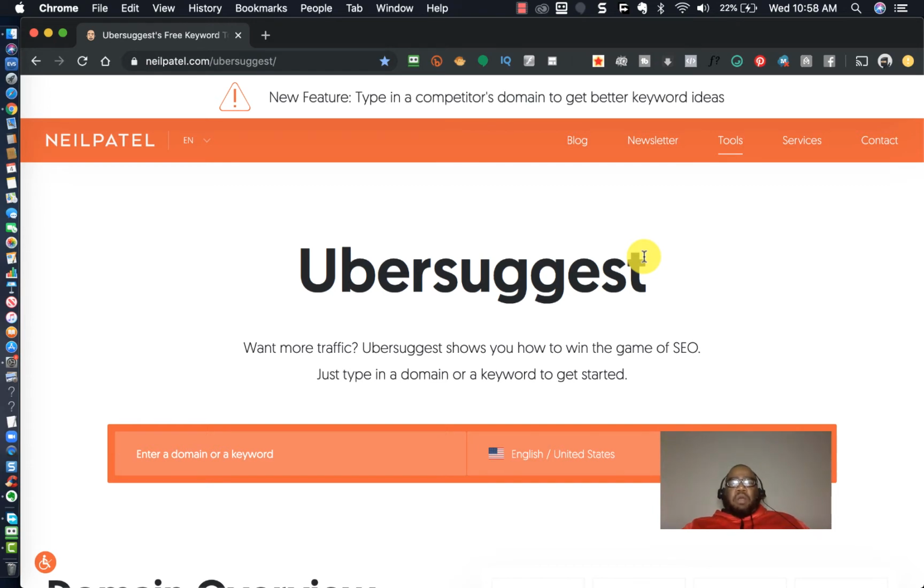Okay, and you can also use the Google Keyword Planner, but if you don't have your billing information set up with the Google Keyword Planner, it no longer allows outsiders to use the Google keyword tool to do basically what you're going to do with this tool right here. All right. So the tool is called Uber Suggest. It was created by a guy named Neil Patel.